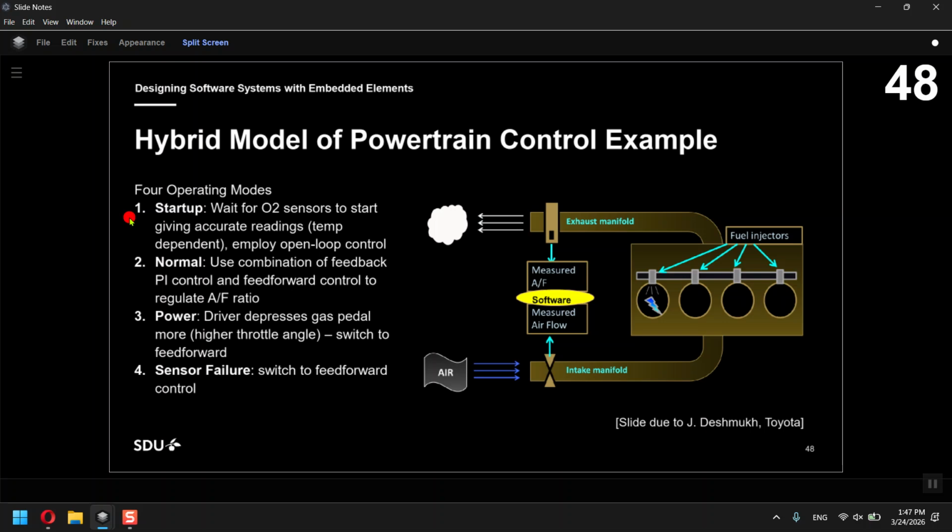Then you have a normal operation, where we use a feedback controller, and then you have a power mode, where you want extra acceleration and extra power, which changes the control again. And you can also end up with failure modes where, for example,